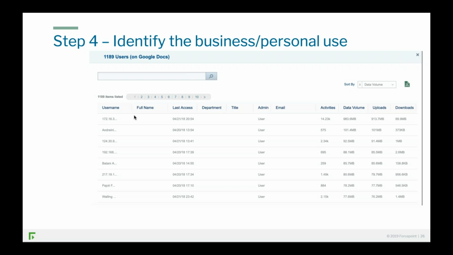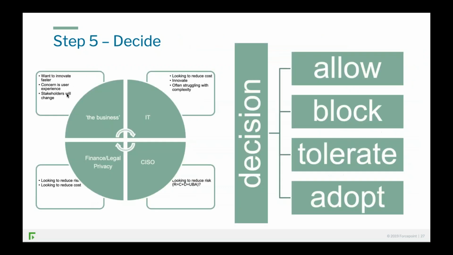But if the answer is I'm working with a law firm for a project that is critical, or we're collaborating with a manufacturing part of our business, or working in a different part of our company that uses a different file sharing system that we have no control over, what do you do? Block it? You just block the business? No, you can't block the business. People just find a different way of doing it. Even if you're successful in blocking it, people will find another way.